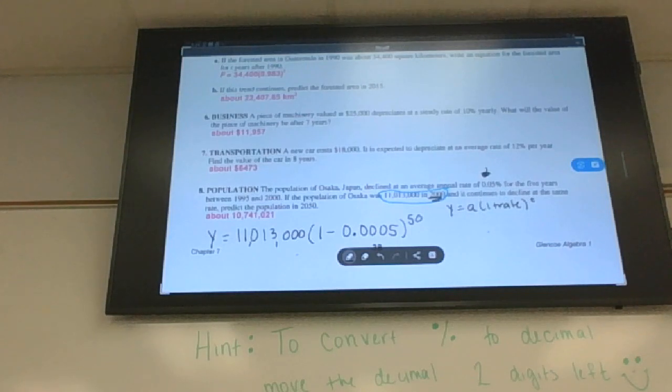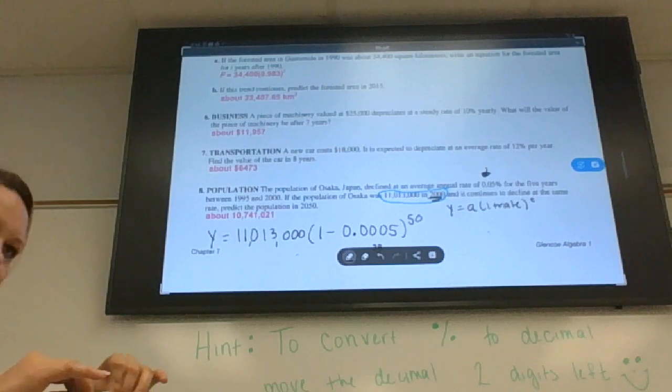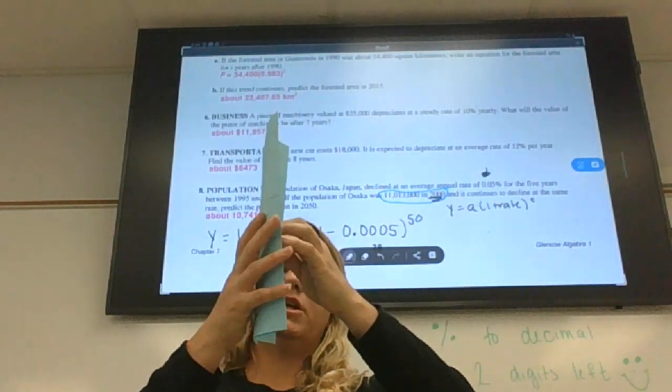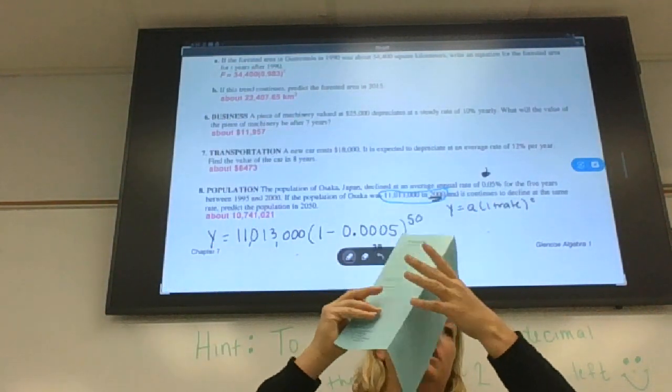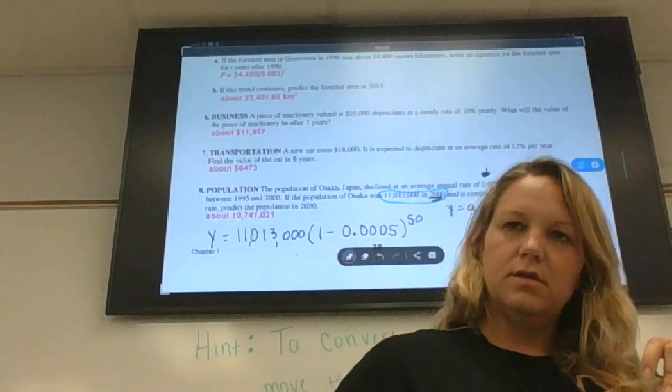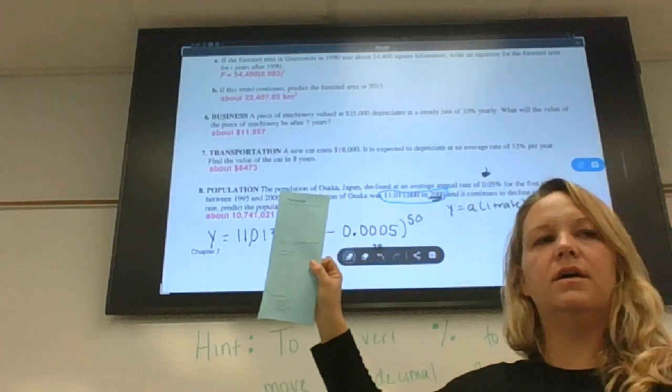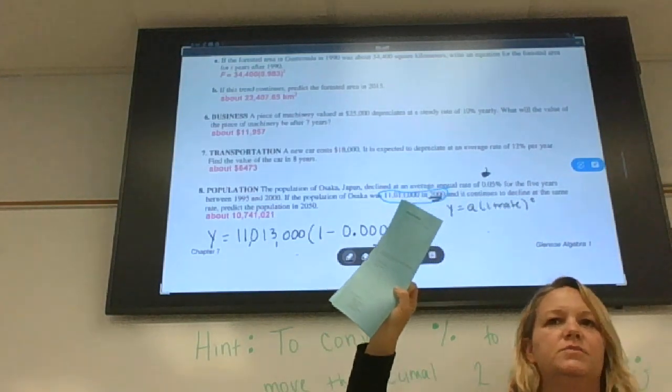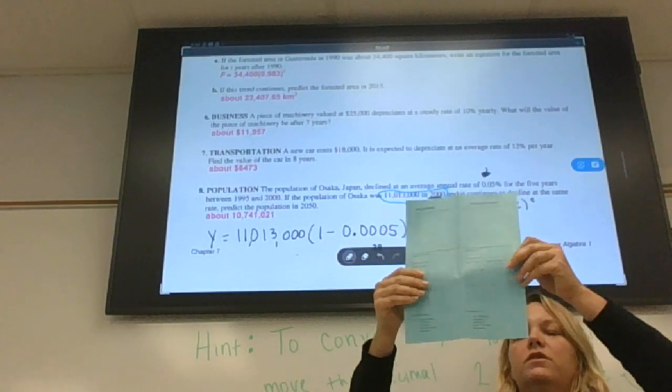Try to fold your paper on the line. It's a hot dog fold. Try to fold it. So if you fold this way,